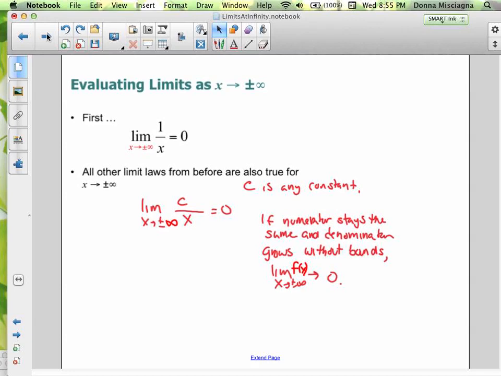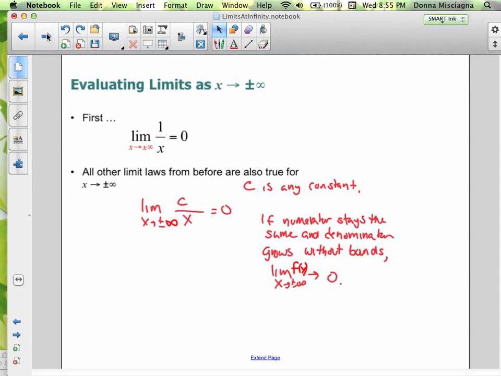So even if you had 5 cakes or 10 cakes, if you keep cutting them up into an ever-increasing number of pieces, never ever stopping, you're still not going to get any cake. So if a numerator stays the same and a denominator grows without bounds, the limit of f of x as x approaches positive or negative infinity is going to approach 0. It's going to equal 0. I have this in your notes, and we're going to use this principle with the sandwich rule,